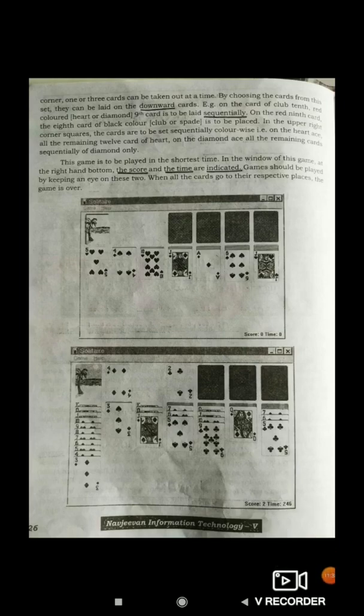Once our school starts business as usual, when we start conducting practicals, we can certainly try to take a look or do a hands-on practice on these two games, Minesweeper and Solitaire, and see how these games help us. In our further lecture, we will look at the other topics. It's learning by means of computer.